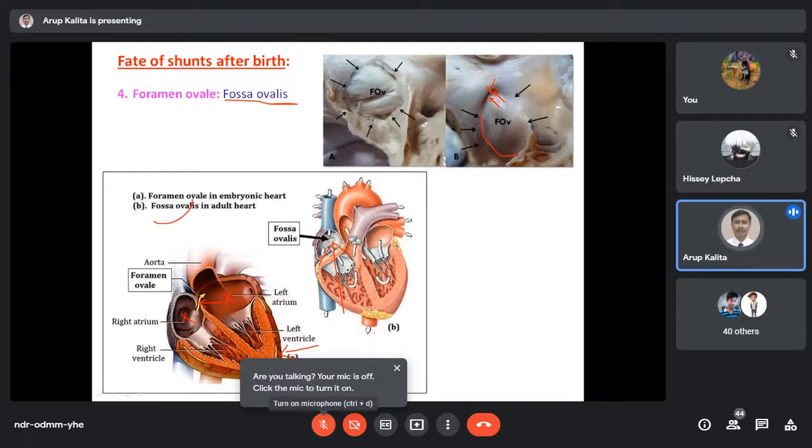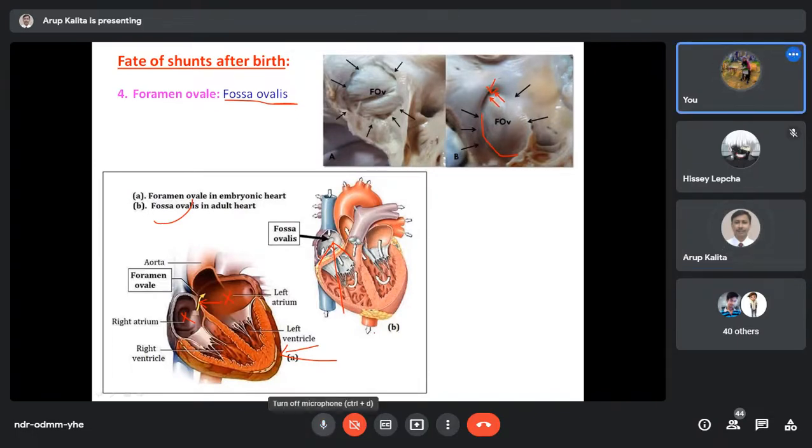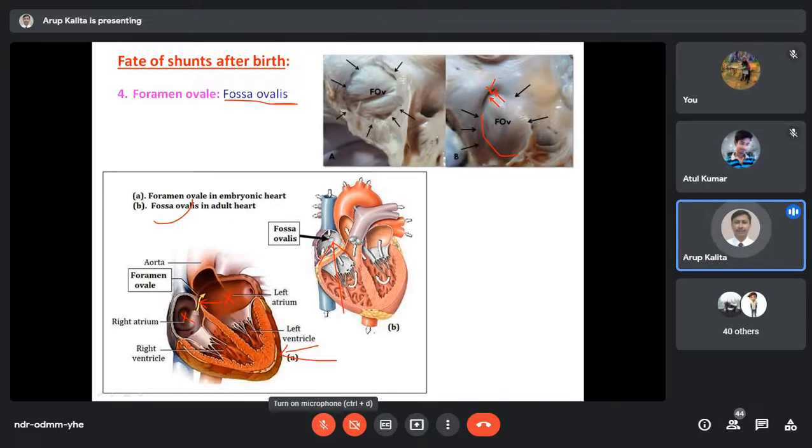Somebody told in the village that this particular kid is having a hole in the heart. They used to call it like that. Have you heard this type of problem? Yes, sir. So this is nothing but the failure of closing of foramen ovale. Now the doctor has to perform one operation to close that foramen. Otherwise, in the adult also, there will be mixing of pure blood and impure blood. It should not happen, so that foramen has to close. It requires an operation to close the foramen ovale.